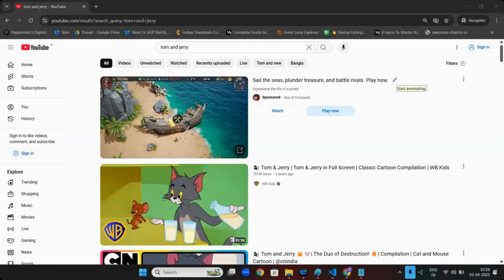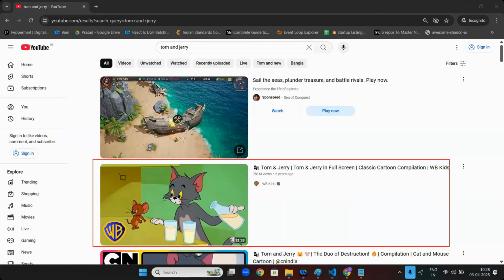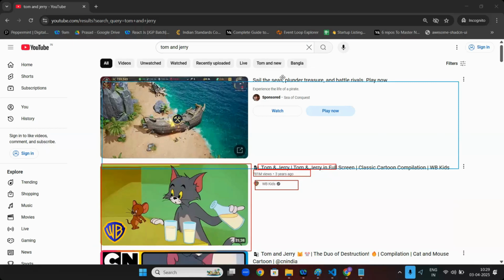Now here, can you see one pattern? Everyone see, one pattern is there. On the left side, one div is there, with some image. On the right side, some title is there. Below that, some kind of views and years are there. Then below, the profile is there. If you see, the same code will be repeated for all.